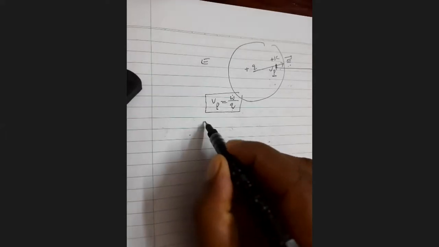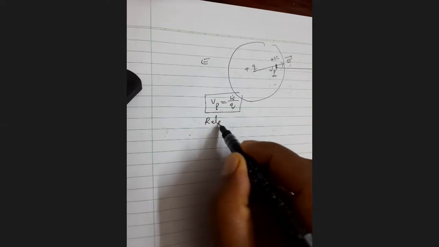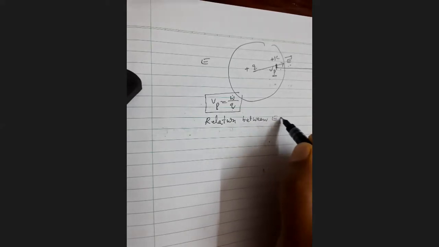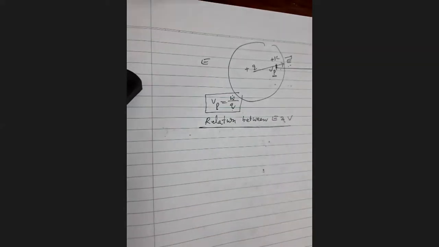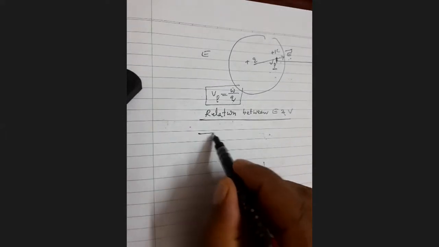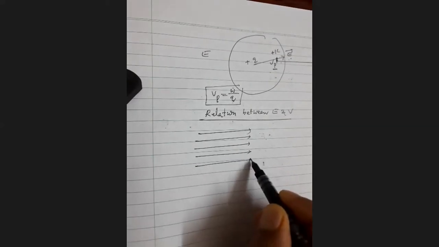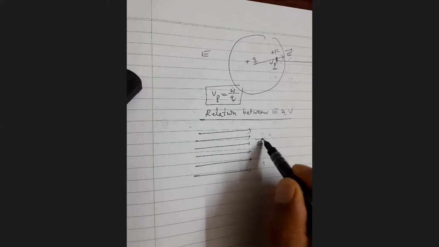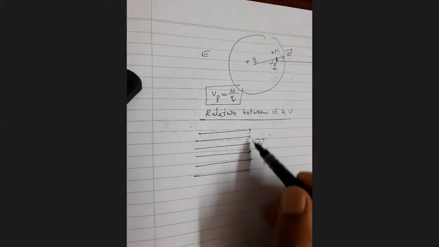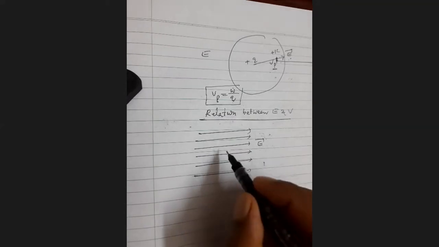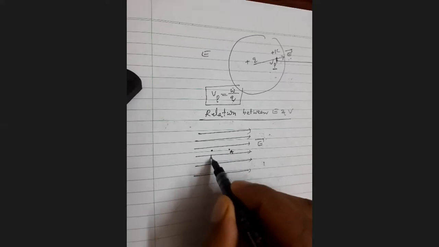Now, we are going to discuss how to derive the relation between field strength and potential. The first concept is the relation between electric field strength and potential. For that, observe this figure. A uniform electric field of intensity, capital E bar. Here, the electric lines of force are parallel and equidistant. The field direction is shown here, E bar direction from left to right. In that, you consider points A and B.